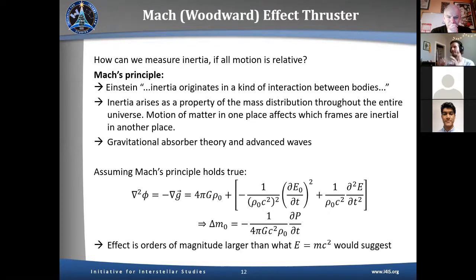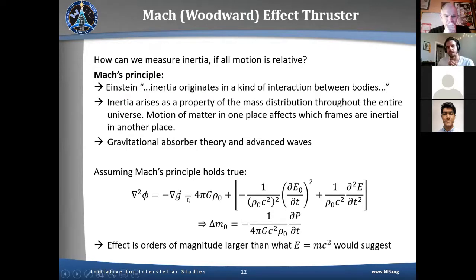Now, this is a lot to swallow, and there's still a lot of discussion going on, because to make this work theoretically, you have to rely on things like gravitational absorber theory and advanced waves, which are still active fields of research where the last words have not been spoken. Especially with advanced waves, this is a topic of discussion that's not settled. But if you accept that Mach's principle is true, so that the inertia of one body arises due to its interaction with the mass in the rest of the universe,